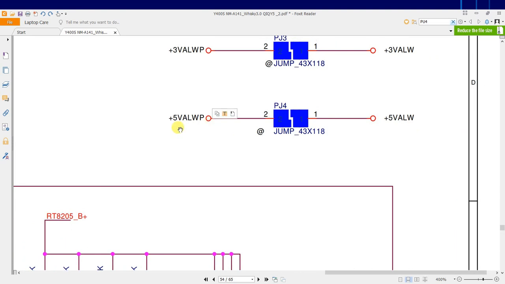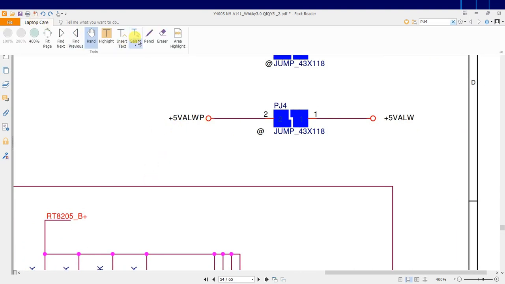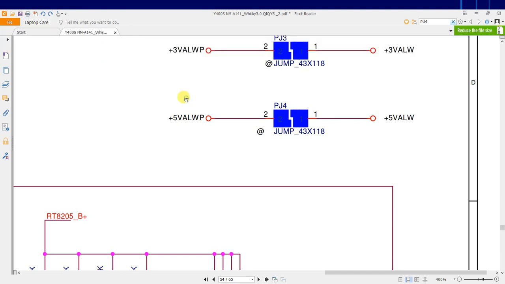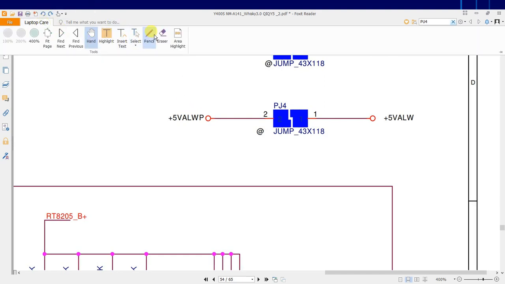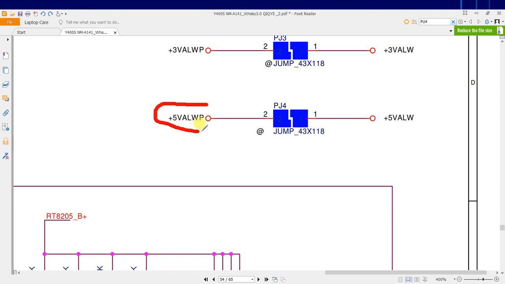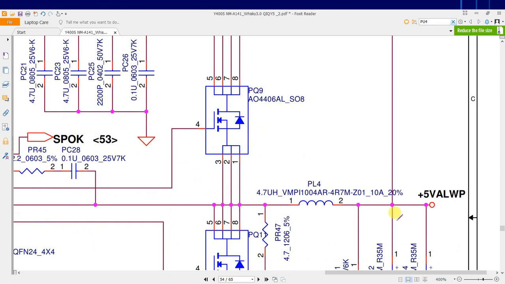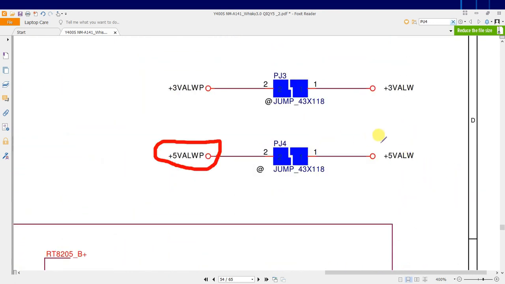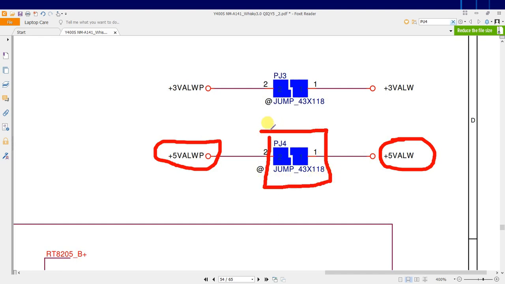You can see over here, there was +5VALWP, which was our output, and this output is converted to +VALW, that is +5 volt always, after this PJ4 jumper, that is a solder pad or a jumper.